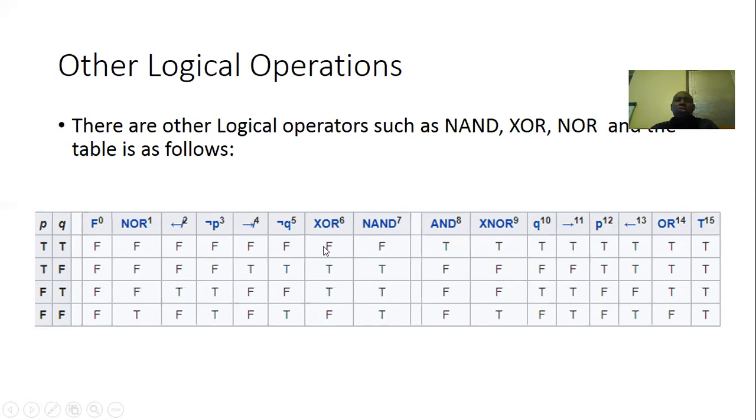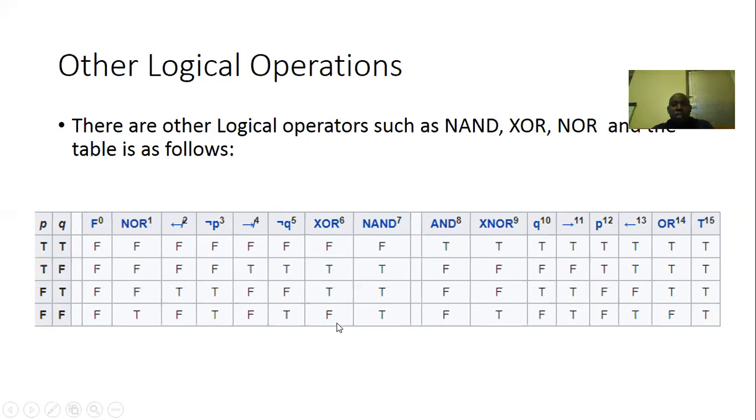And there's another one called the XOR, or exclusive OR. The exclusive OR will not be true when the two inputs are true. It will only be true when only one of the inputs is true. So, for instance, for the exclusive OR, true and true is false, true and false is true, and false and true is true,